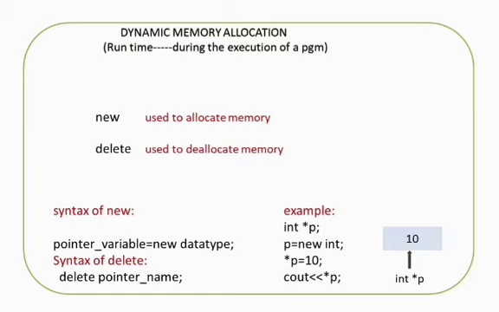In this example, the first statement is int *p. That is, an int type pointer is created to hold the address of the data. Then p = new int. That is, p points to int type of memory. Then *p = 10. That is, in that particular location 10 will be stored. Okay, and then print the value 10. This is how the new keyword is used to create dynamic memory.